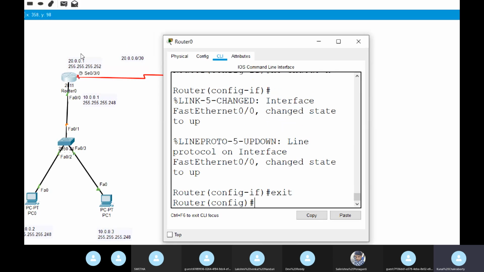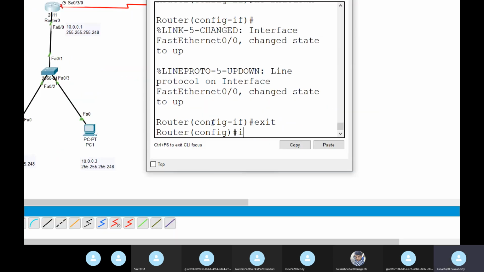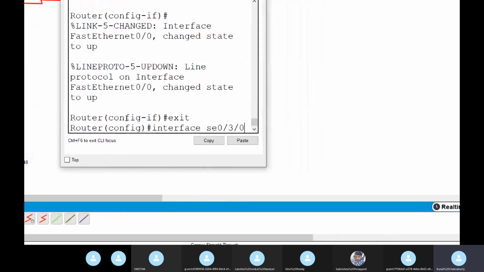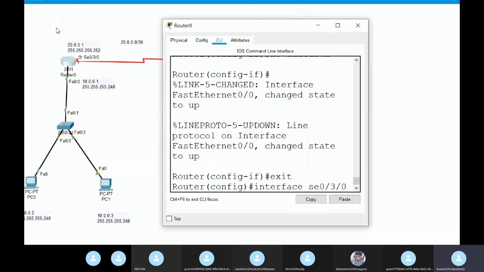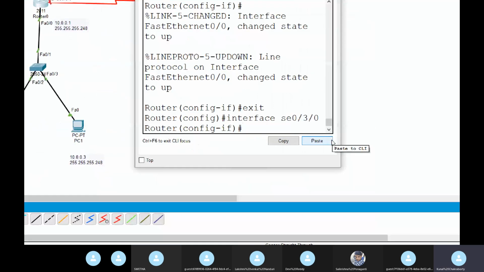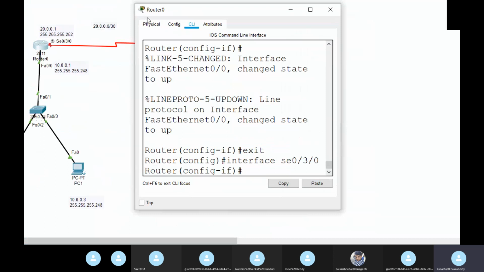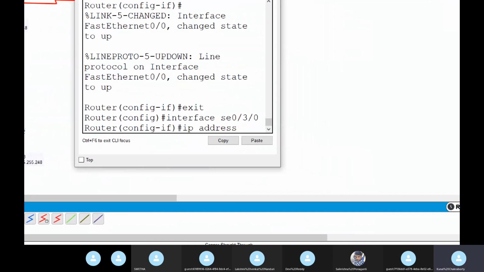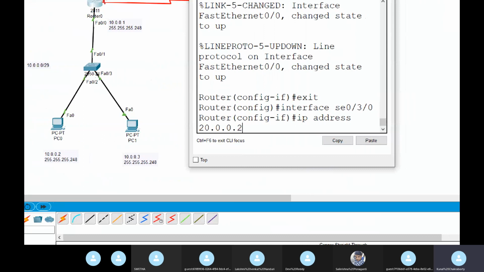Next, where? Serial. So interface S0/0. Enter. Now what will be the IP? 20.0.0.1.